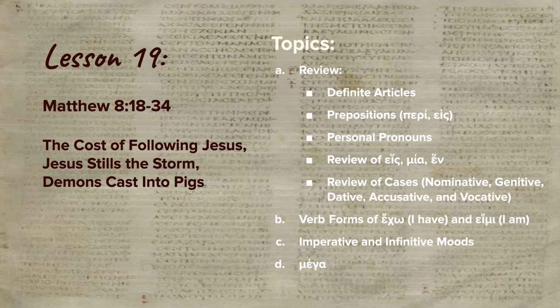And the topics that we'll be covering are a review of definite articles, prepositions including περί and εἰμί, and a few others, personal pronouns, a review of heis, mia, hen, which means one, review of cases, the nominative, genitive, dative, accusative, and vocative. We're also going to go over the verb forms of echo, which means I have, and